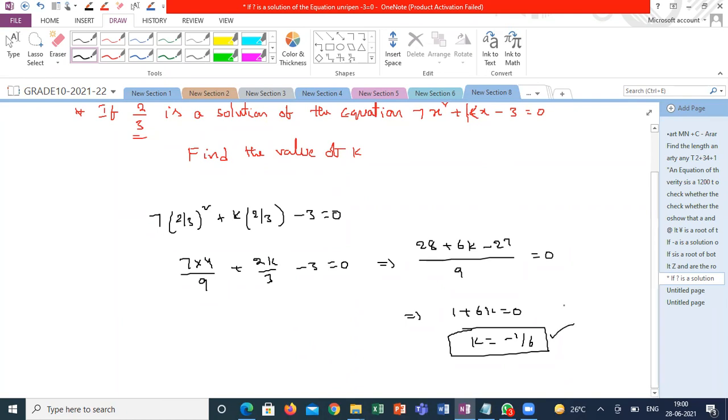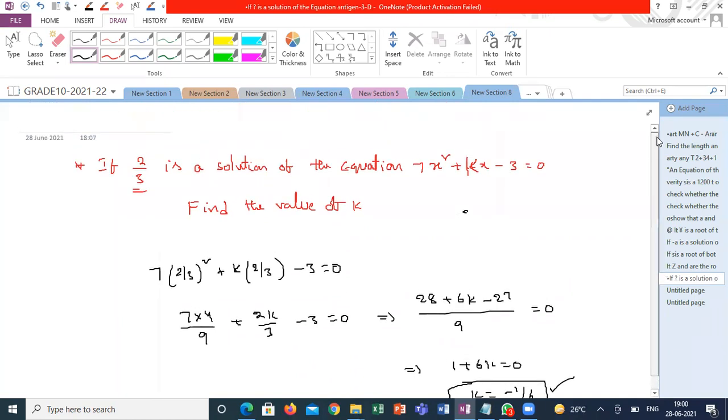So shall I wind up the session? We'll meet tomorrow in class on how to solve these quadratic equations. There are 3 methods. At least we can try to find it out in 2 methods. They will ask for a particular method in the exam, or without asking for a method, you can do it in any method. Factorization, completing the square, and formula. 3 methods we are going to discuss.